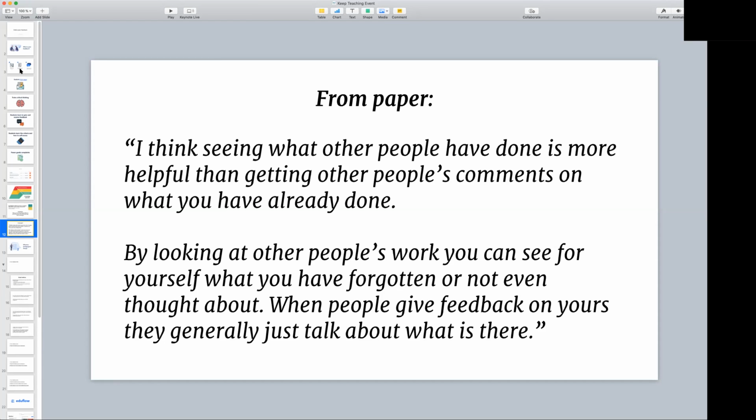By looking at other people's work, you can see for yourself what you've forgotten or not even thought about. When people give feedback on yours, they generally just talk about what is there. This is a quote from a student that they interviewed, and I think it's really interesting, right? That when you see work by other people, you can see things